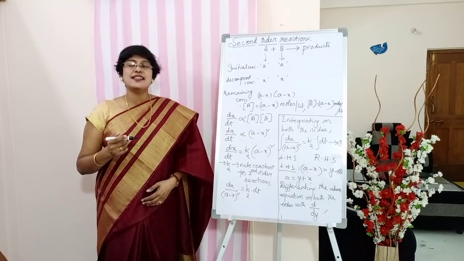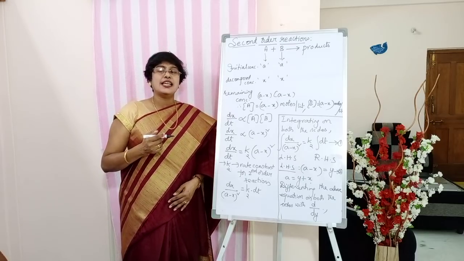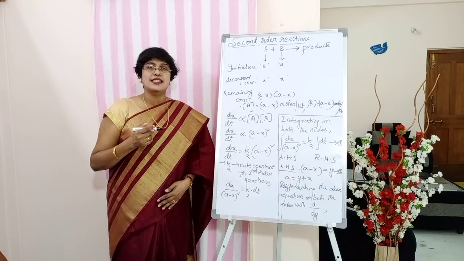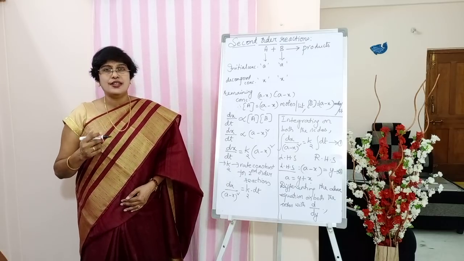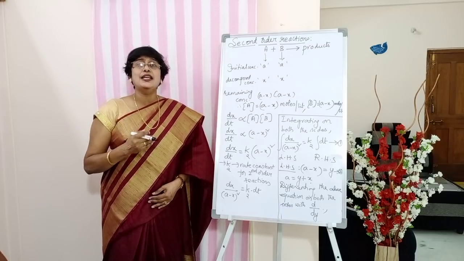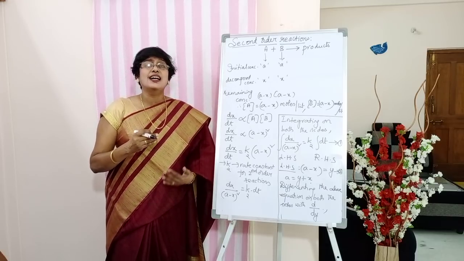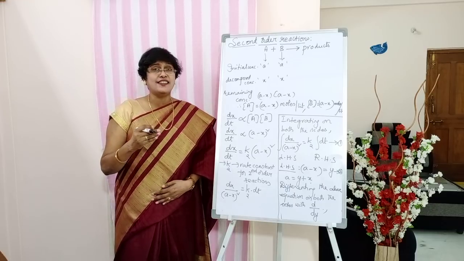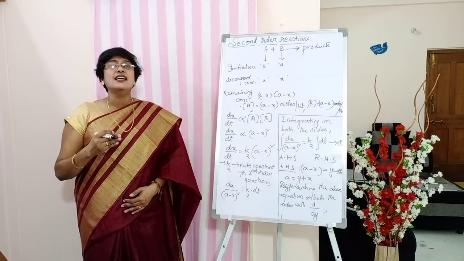So students, next put the side heading second order reactions. The question can be asked like this: derive an expression for the rate constant of second order reactions. Students, first order and second order are very, very important in this chapter. Second order reactions look a little complicated and lengthy, but I will try my level best to make it easy for you.